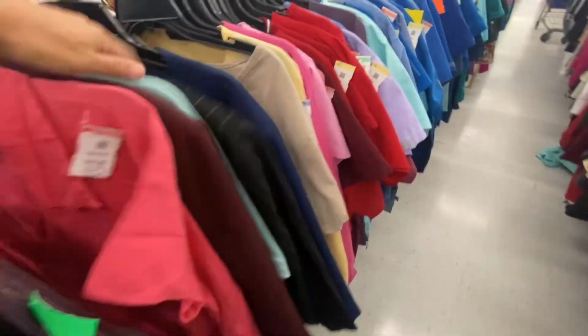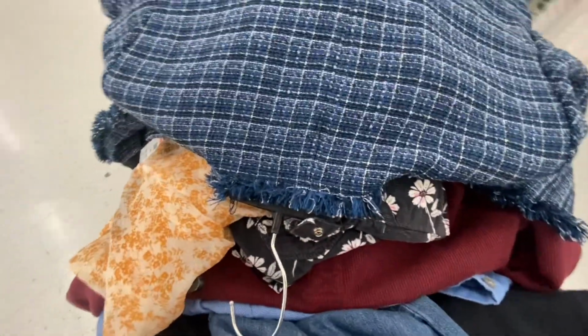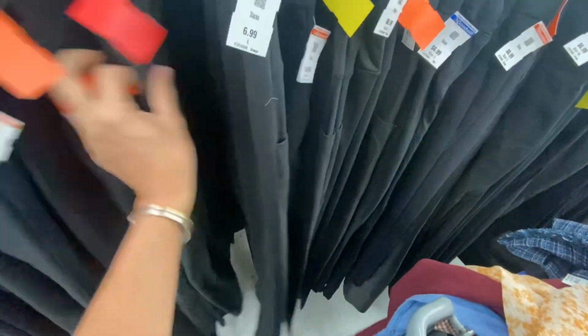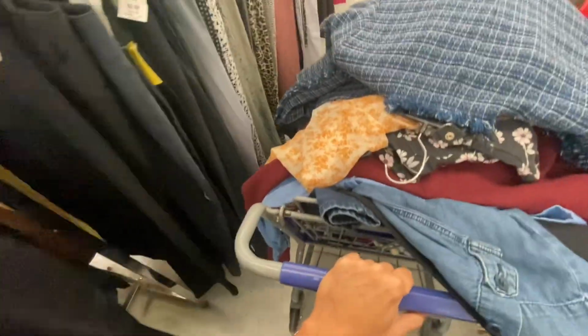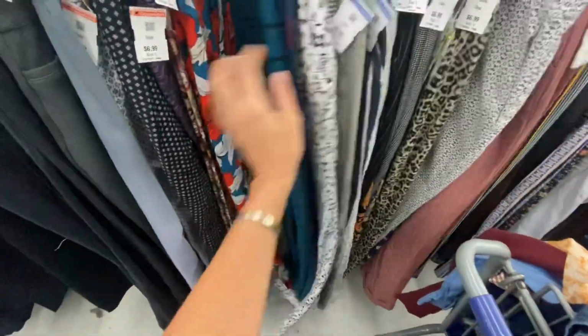All right. So lastly, we're gonna look through some of the generic women's pants. And then we're gonna look through the aisles, and then I'll do sort of a breakdown. I'll probably go through everything I'm getting and just leave out what I'm not getting, or maybe go through it, separate them, and then show you what I'm getting and what I'm not getting. I don't know. I want to be informative, but we're already probably going to be here for an hour, so